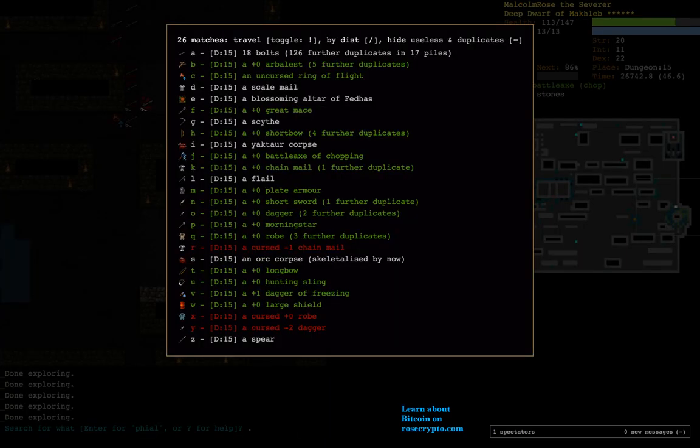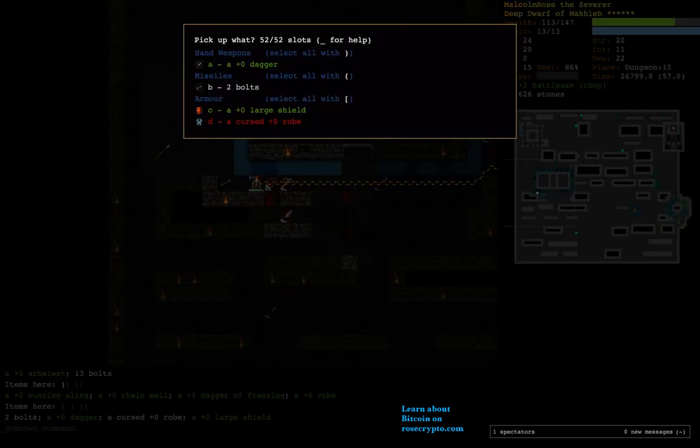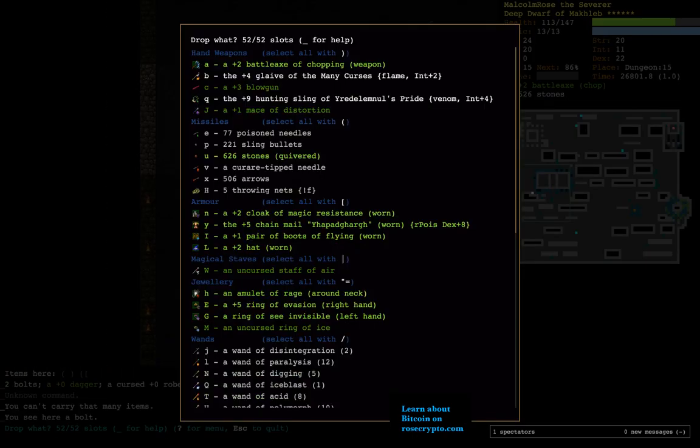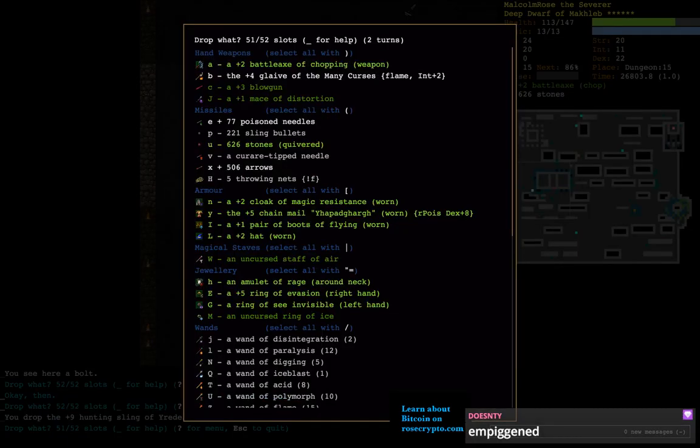Alright. Wow, okay. Now we're cooking with gas. We got a large shield. Dude, I'm dropping all of these ranged options. I just don't need them. I guess I'll keep the CureRA, but